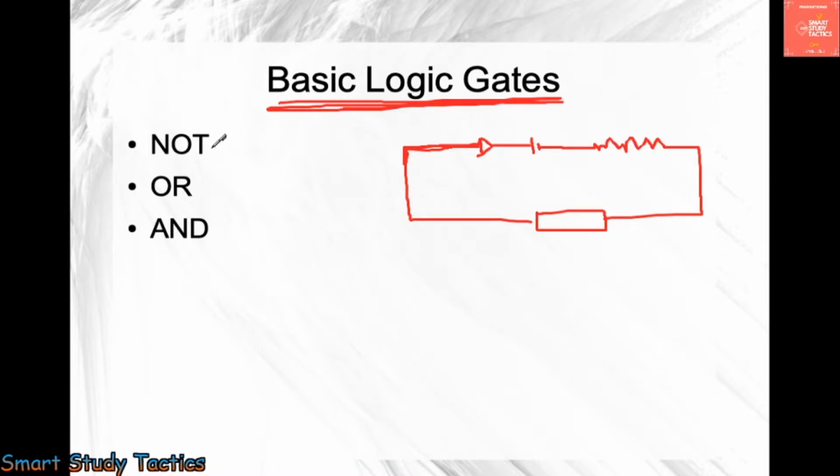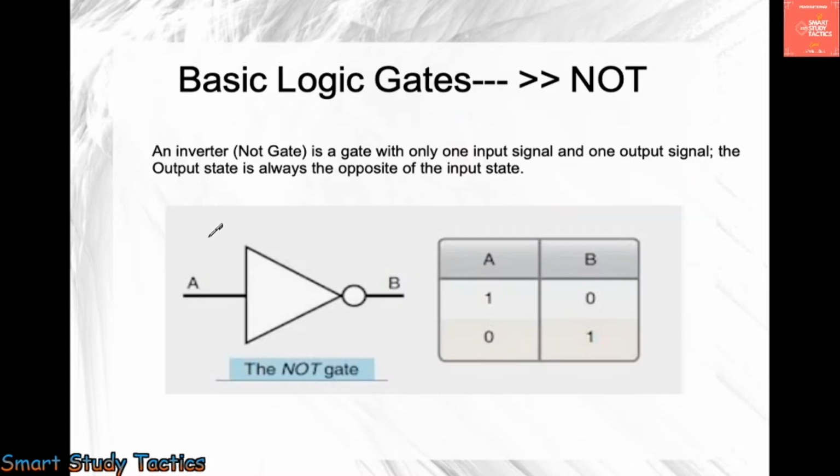As you know, we have three operators: NOT, OR, AND. We are going to make the gates related to these. You are going to get subsections, meaning parts of these gates, in the next chapters. So we are going to discuss three gates today. Let's understand what the NOT gate is.